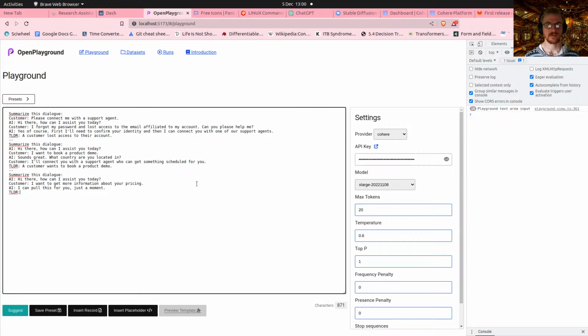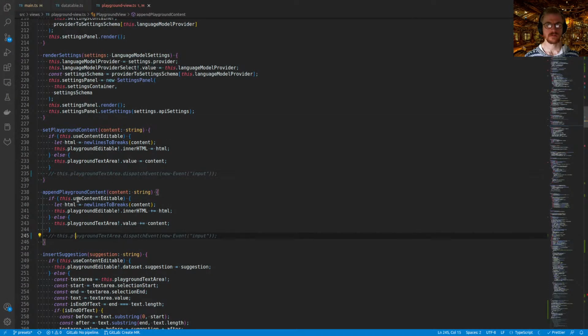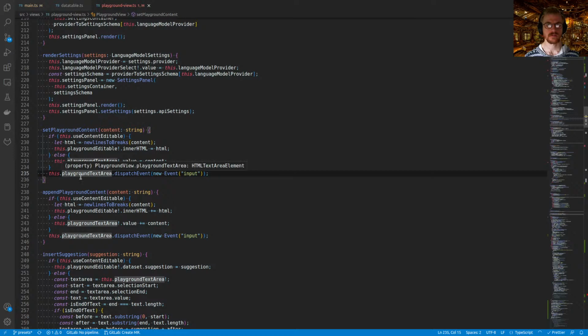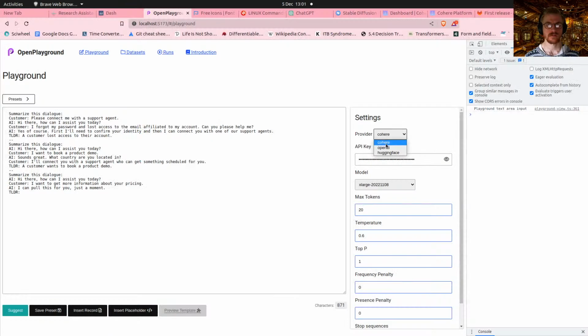So the only reason I'm manually triggering these events here is that when I set the playground content or change it programmatically, I want that event to trigger, because then that will save the current content to local storage and other things that I want to happen when the content is changed. So I want this, but clearly if I change the provider,